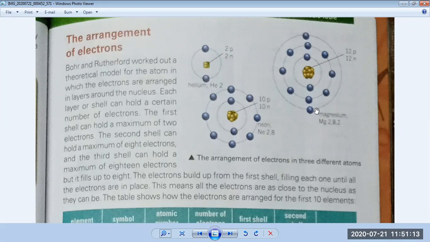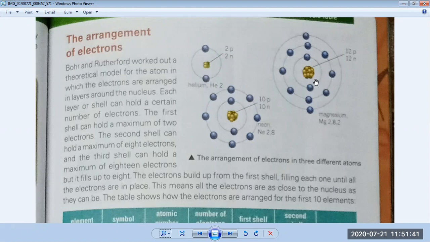Now after that, scientists had a question in their minds: how should we arrange these particles in this circular path? So they made a formula. They call the energy level n, and its formula is 2n squared. This is the first shell, its energy level is 1, then 2, and then 3.